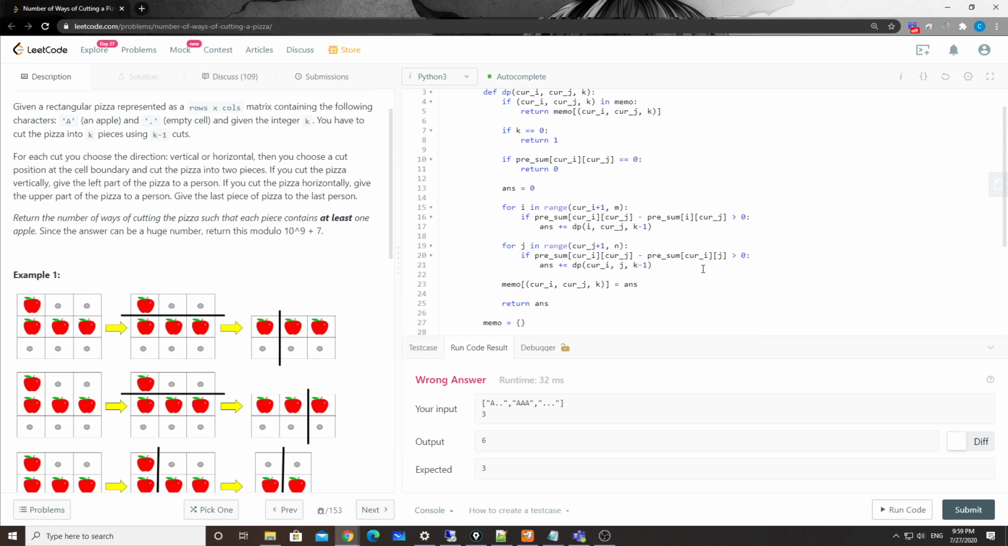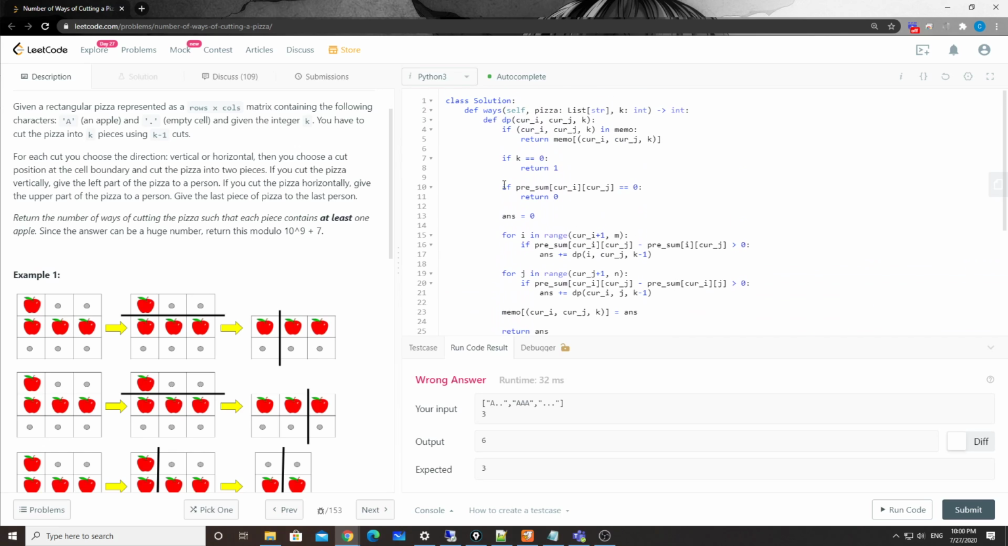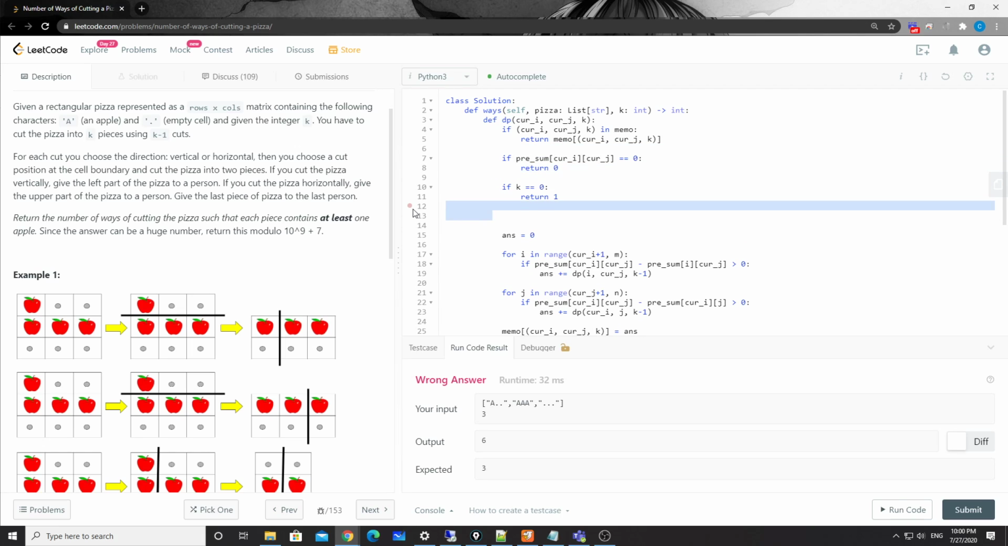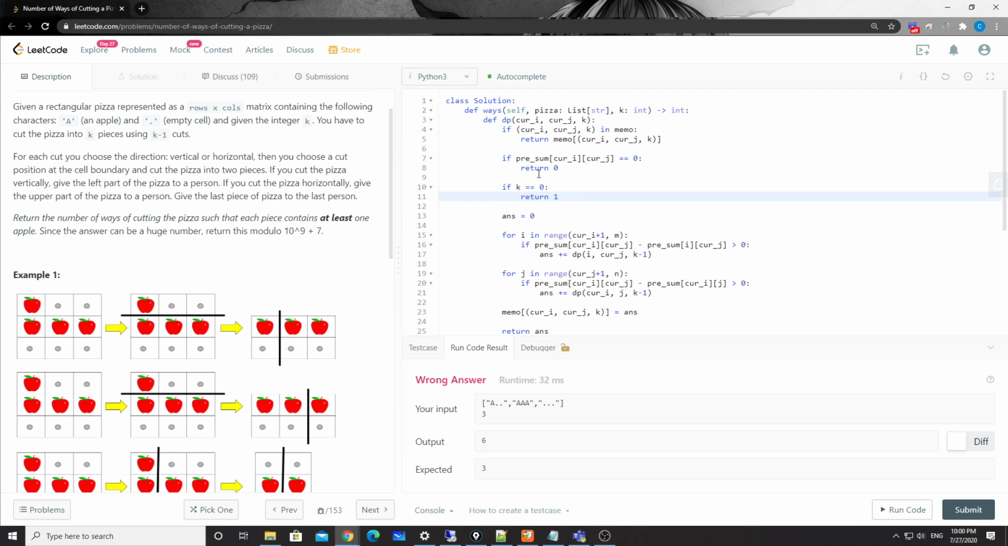I think I know what the issue is here, because when we do the check here, the sequence of the check also matters. So we basically need to check if the current range is zero or not. If it's zero, we return zero. Otherwise, we check k. Why is that? If we check k first without checking the current sub pizza, if the current sub pizza has any apple, this one may not always be true,